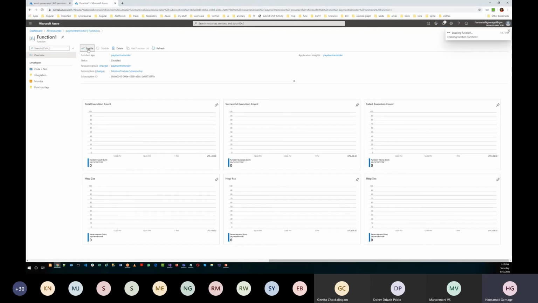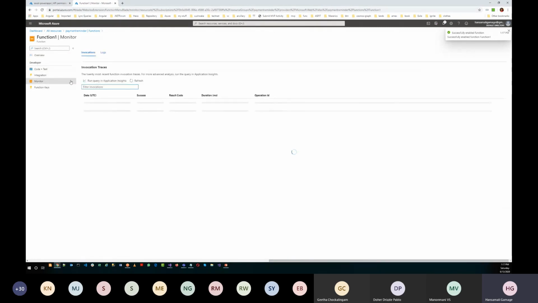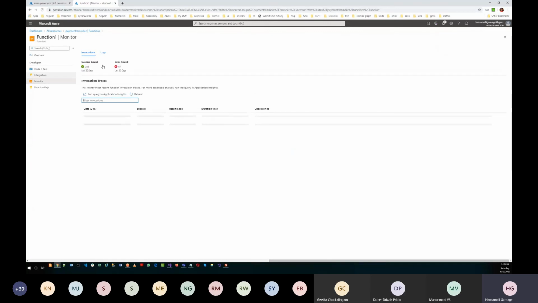I will say enable and go to the monitor tab. To do the monitoring and get these logs, you have to create an Azure Application Insights account. That's just a small, simple click.